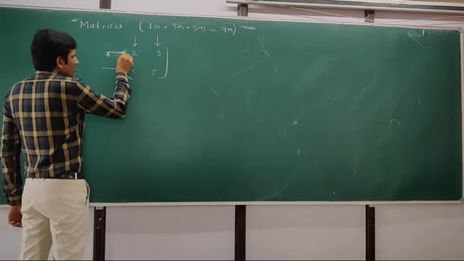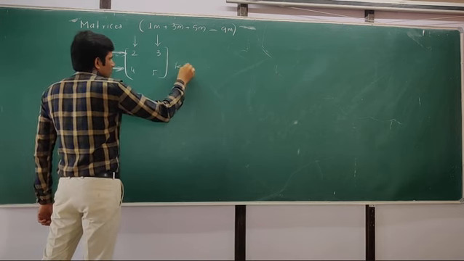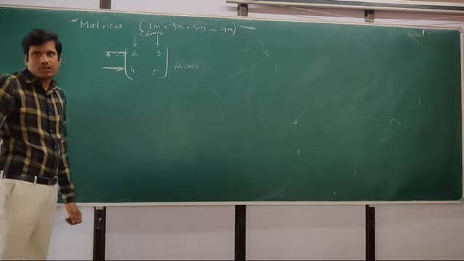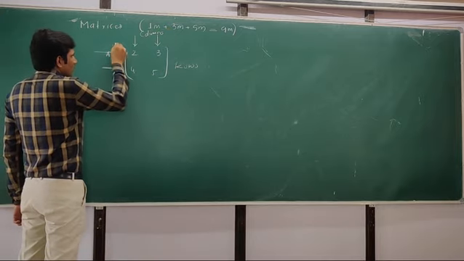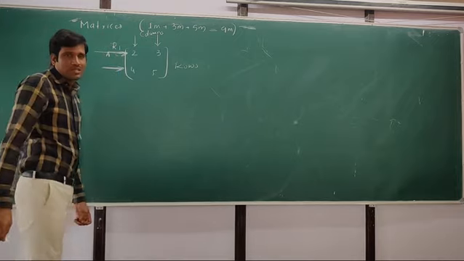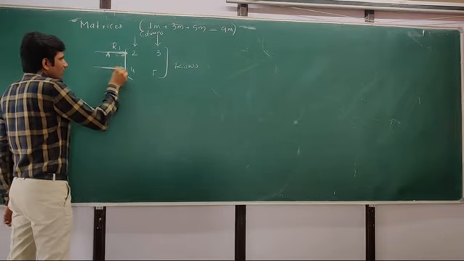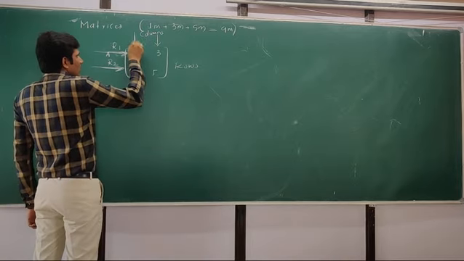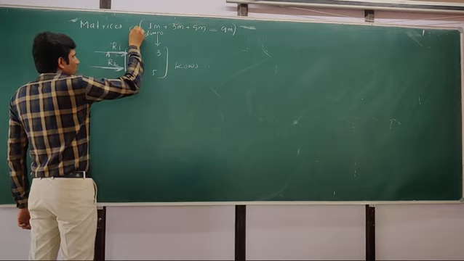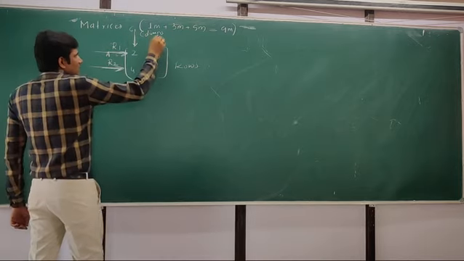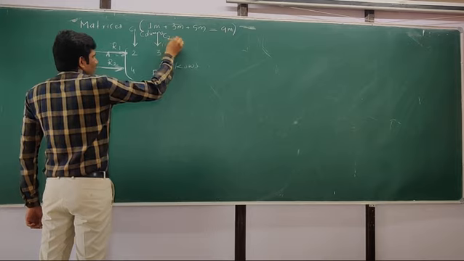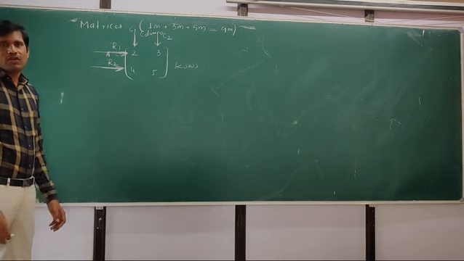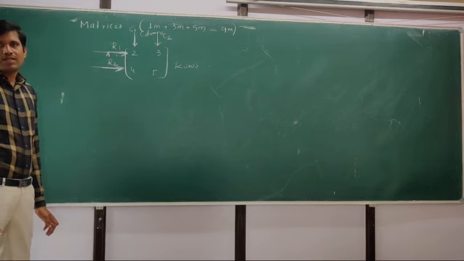Right? So these horizontal lines are called rows, and these vertical lines are called columns. This first horizontal line is called the first row, represented by R1. The second horizontal line is called the second row, R2. The first vertical line is called the first column, represented by C1, and the second vertical line is called the second column. So in general, the horizontal and vertical representation of any numbers or functions is called a matrix.